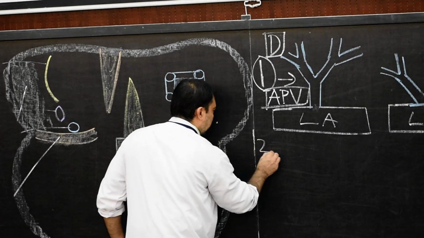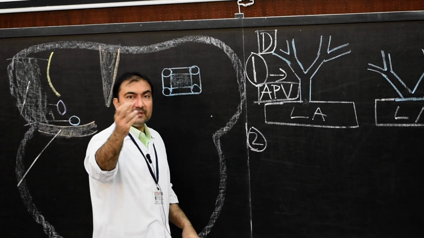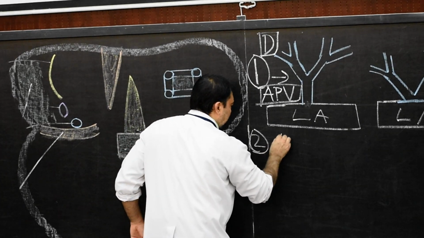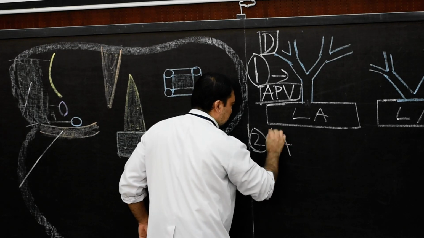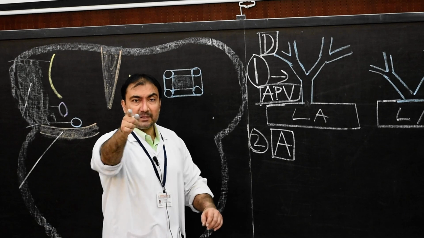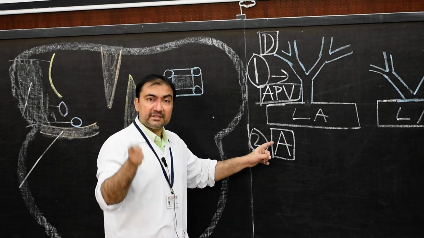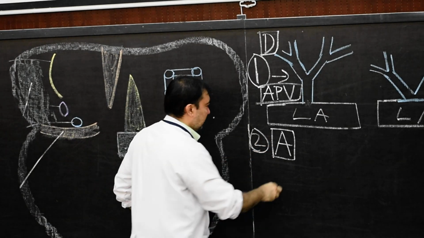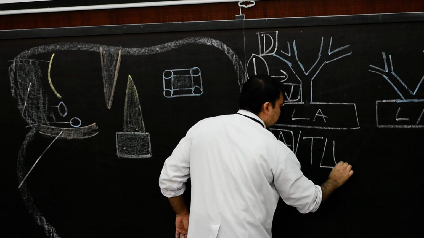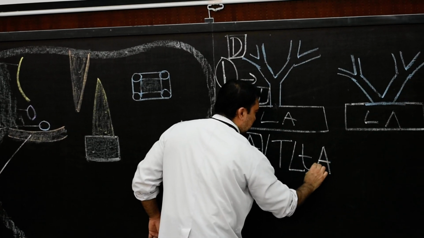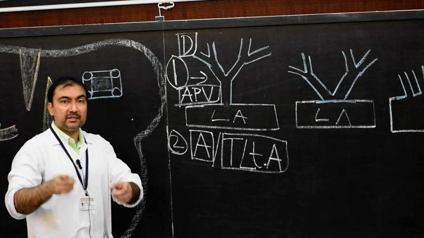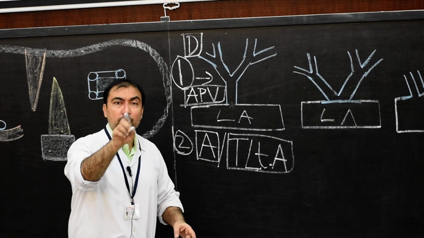Now second point. Now this will be in common with the right atrium, whatever we have discussed. So here the anterior part of left atrium, that was anterior part of right atrium, anterior part of left atrium, which is again known as trabeculated part. It is also known as trabeculated part of the left atrium. So that was known as trabeculated part of right atrium. This is called trabeculated part of the left atrium along with left auricle.